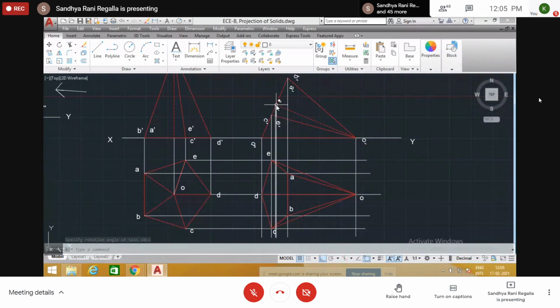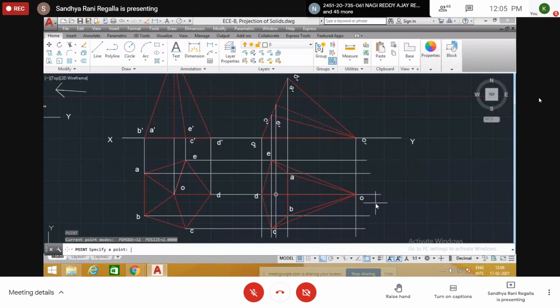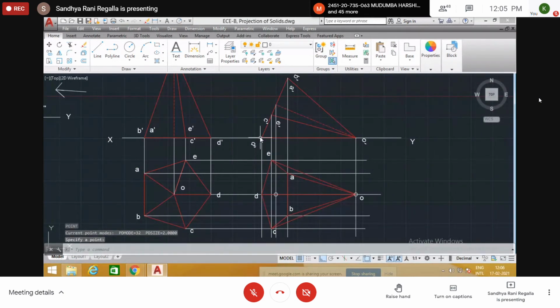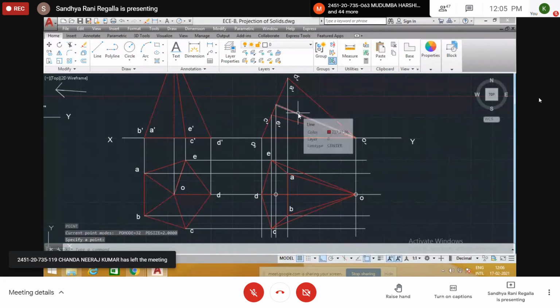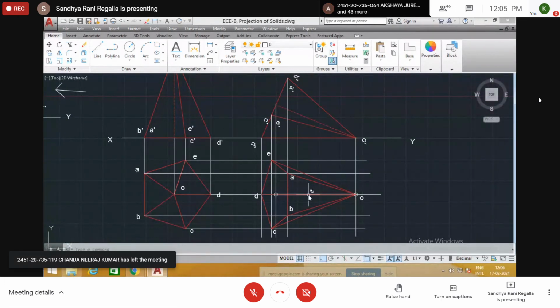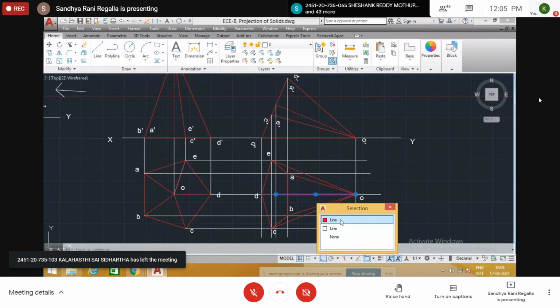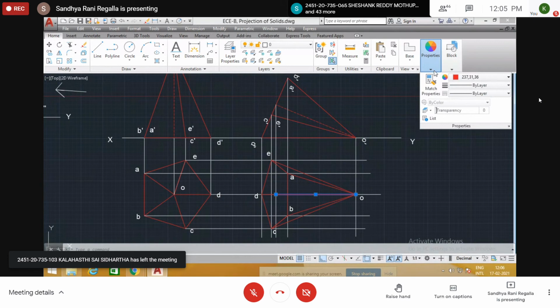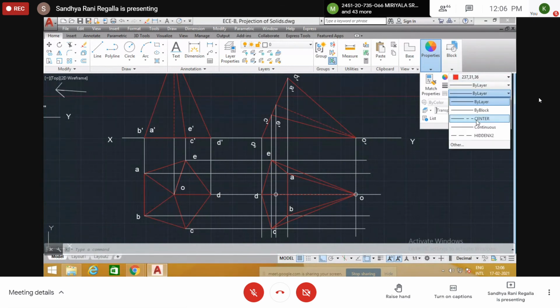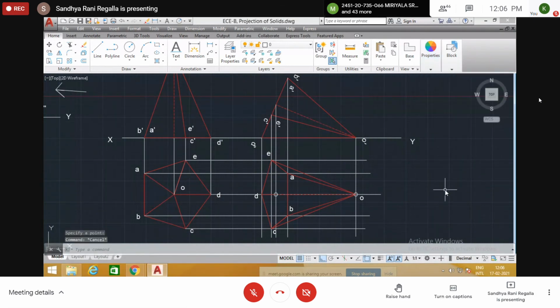And this is center. This is the axis. See this O dash and this is the axis. So this point is the axis from here to here. Okay. So axis line we show with dot and dash center line. And OD is invisible.